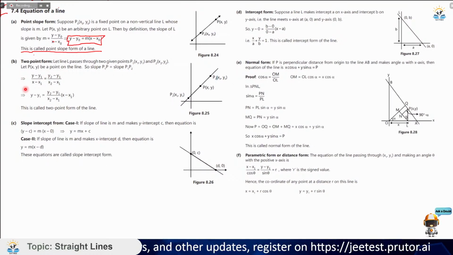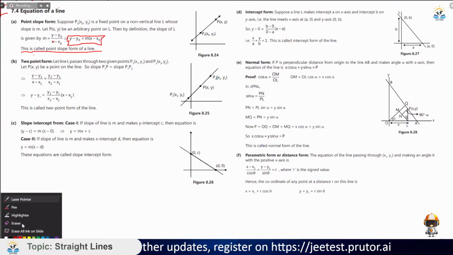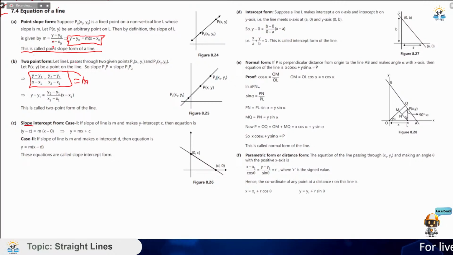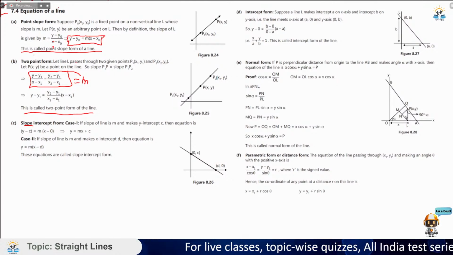এই ইকুয়েশনটা পড়াইছে স্লোপ পয়েন্ট, 2 পয়েন্ট ফর্ম রে। আমরা স্লোপ রেখা হলা, তাহলে this is also equal to m which is slope. This is known as the 2 point form of a line. Then slope intercept form is also equal to the 2 point form. Point slope form যদি নিচে যাব, slope intercept form এ দেখো।